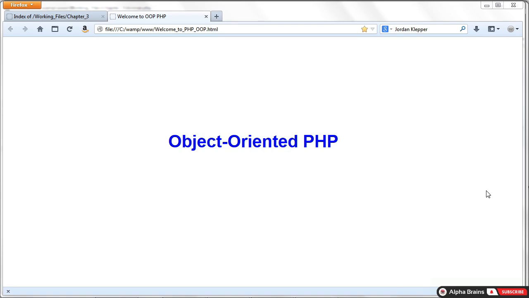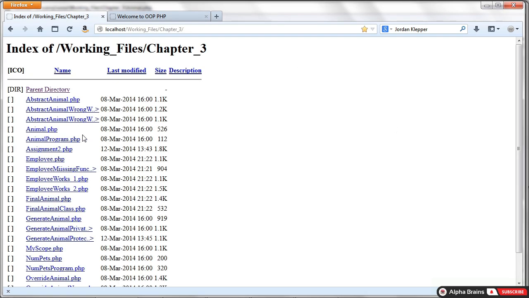This lesson is on extending a class in PHP. Here's where we begin to use the concept of inheritance. One class will inherit information from another class, essentially its properties and methods. Let me go over here to the working files area for chapter 3, and I'm going to run something here